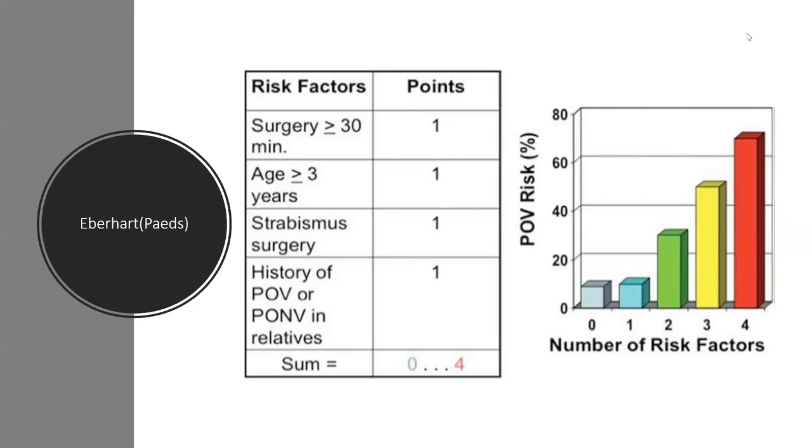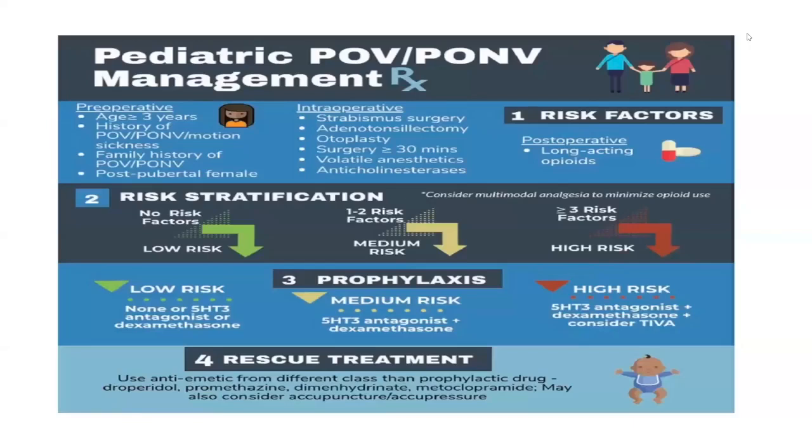Again, the percentages are almost the same as adults, but what's been proven is that the higher the amount of points for pediatric patients, the more the risk. And then with the pediatric population in terms of management, you risk stratify them according to the risk factors. So in the preoperative period, you look at the age, if it's more than 3 years,